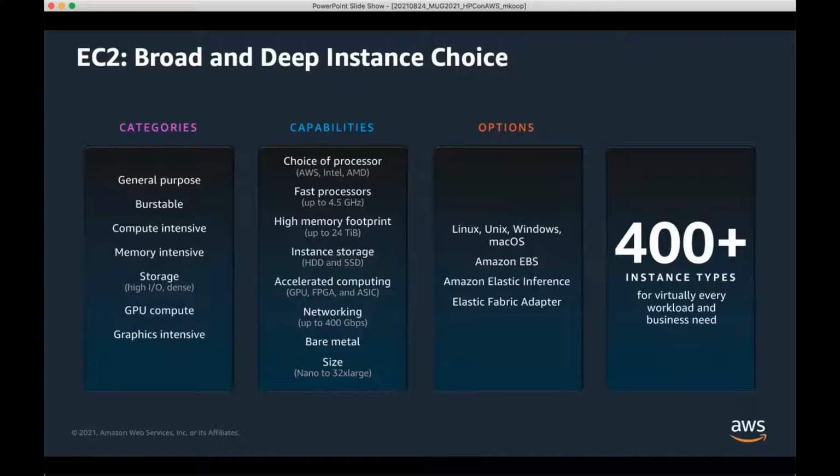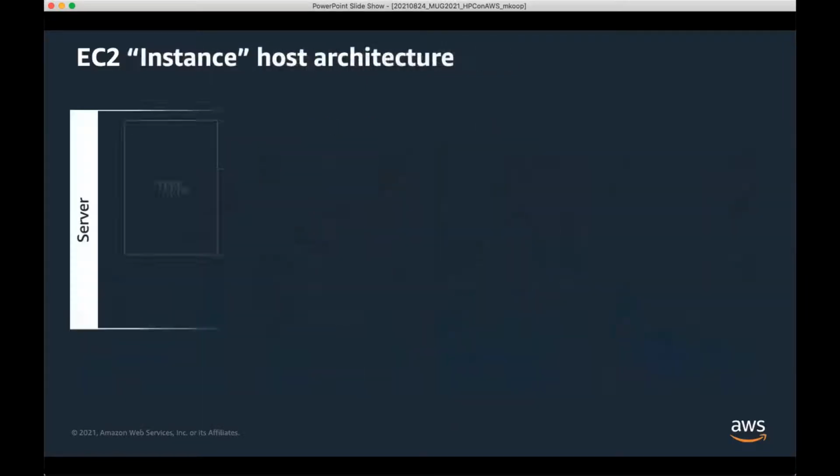These include a variety of things, everything from the general purpose Goldilocks platform that works for a lot of workloads to things that are going to have a lot of memory or maybe a lot of IO capabilities, so lots of NVMe capability. Others with accelerators of various types, different levels of networking, everything up to 400 gigabit networking, bare metal as well as virtual machines. And then a variety of processor choices. I'll talk a little bit more about that later as well.